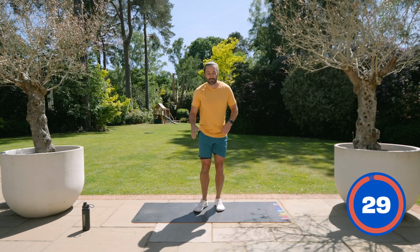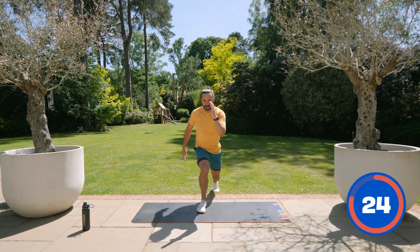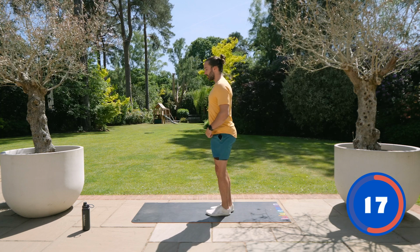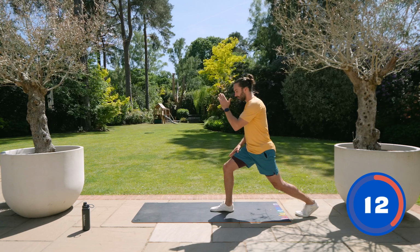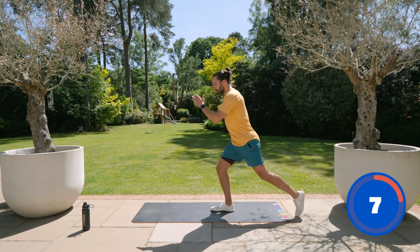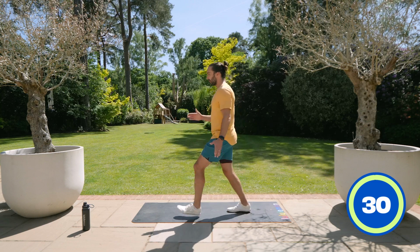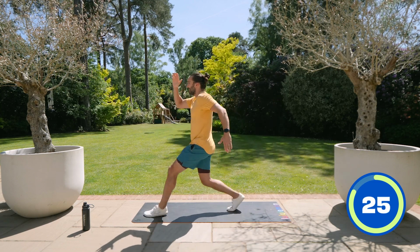So exactly the same thing this time. Left leg steps forward, left leg goes back, so forwards, backwards with that foot. Right, so nice straight back, get your posture right, stepping forwards and back. So it's just a slight bend in that front leg each time, or to make it tougher, really bend that back leg and bend that front as well, so you're dropping into more of a lunge. But a step's fine. So left foot forwards and then left foot back. Good. So it's forwards, back,